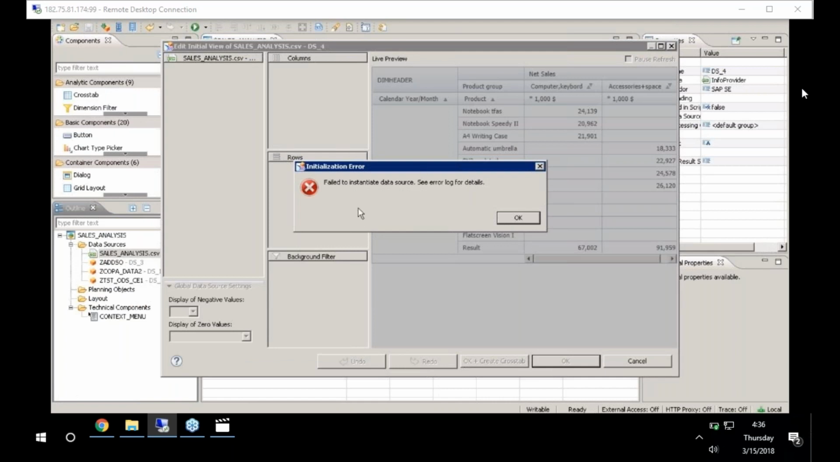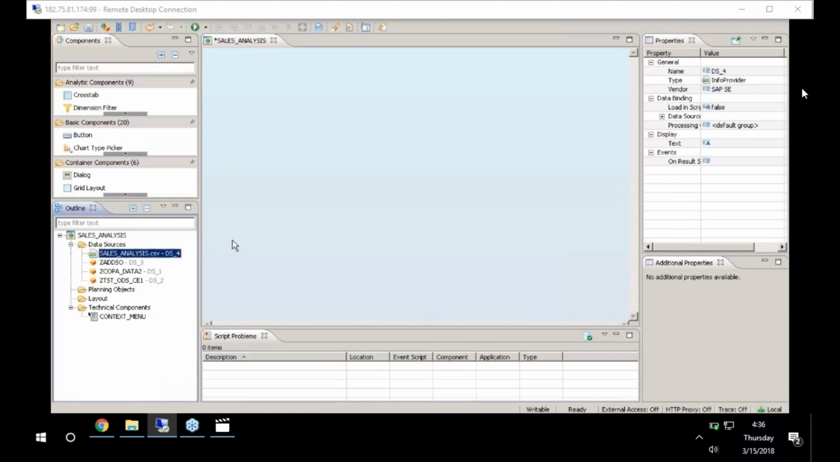I think there's some error over here. So I'll try to show you this in tomorrow's session. I think there is some error coming in. So tomorrow I'll show you the design studio. What I'm trying to show you in today's session,